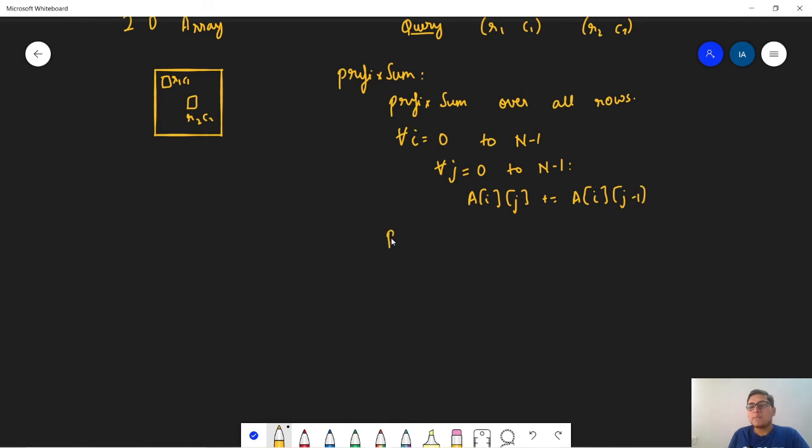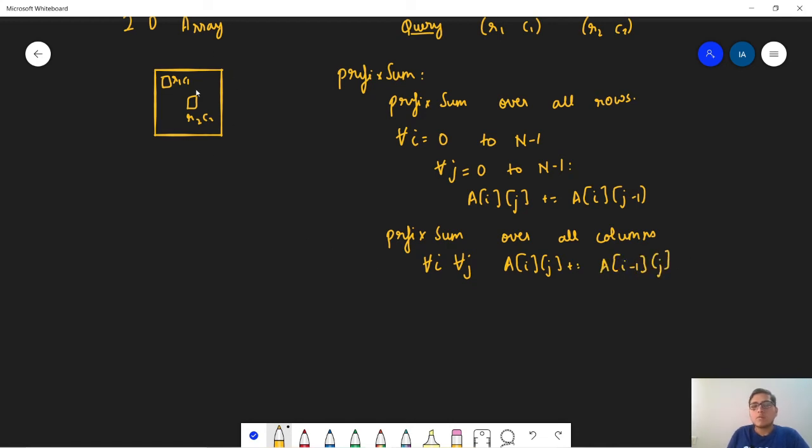Now after this we take prefix sum over all columns. So we iterate for all i, for all j, and this time a of i j plus equals a of i minus 1 j.